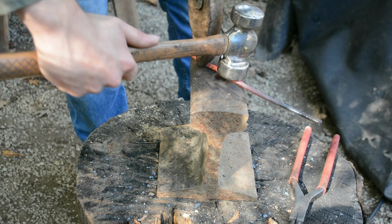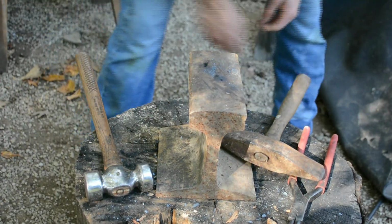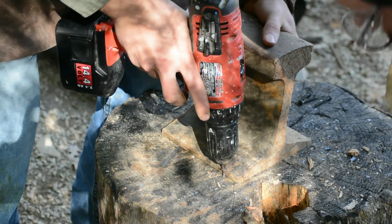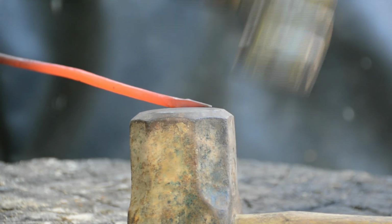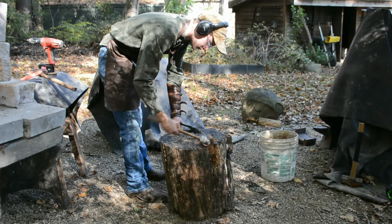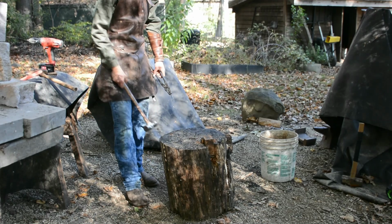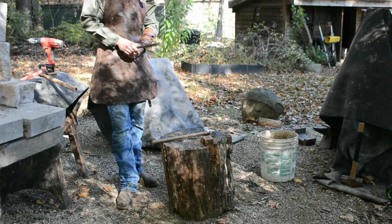I think it's also important to note that there's a lot of improvements that can be made upon what I did. My mounts were pretty haphazard and put together rather quickly. If you mounted these better, they would give you a lot more rebound and you would have a lot better transfer of energy. Also, they should be mounted a little higher off the ground. When I did this, they were real low and I had to bend over really far just to use them. You definitely want to make them higher than I